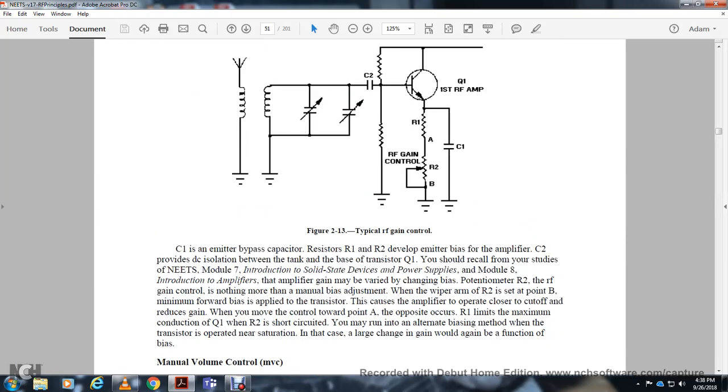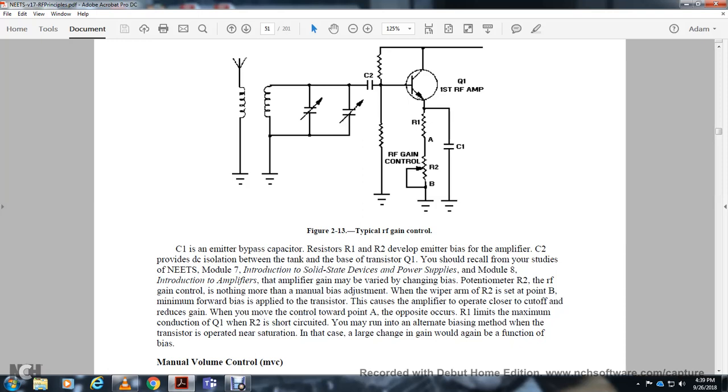Capacitor 1 is the emitter bypass capacitor. Resistor 1 and resistor 2 develop the emitter base bias for the amplifier. Capacitor 2 provides DC isolation between the tank and the base of transistor 1. You should review the circuit in the Neets Module 7, Introduction to Solid-State Devices and Power Supplies. Amplifier gain may be varied by changing the bias parameter with resistor 2,